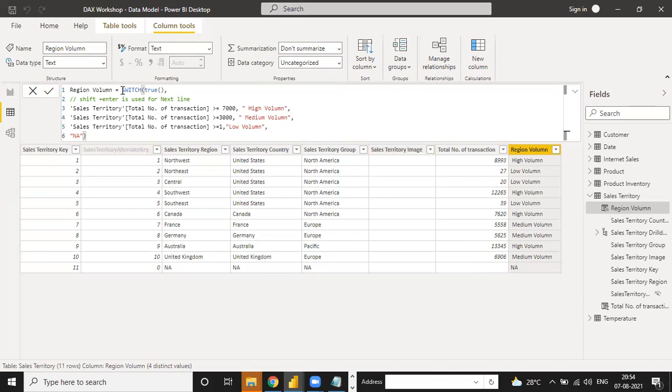So could you please tell me what is the difference between IF condition and SWITCH condition? Is SWITCH easy or is IF easy? Tell me, because both are used for the same purpose.